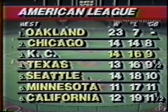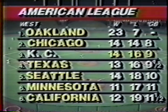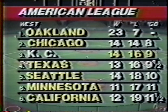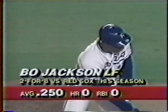Was mentioning just before the break, somebody better beat the Oakland Athletics in a hurry. They've won 13 straight, and they have an 8-game lead over Chicago in the American League West. Kansas City is third. The Royals have lost 5 straight. Then it's Texas, winners of 3 straight. Seattle, Minnesota, and California. Talking with John Wathan before the game, he said it's too early to start worrying about Oakland, but then again, it might not be, because in another couple of weeks, they might have doubled their lead